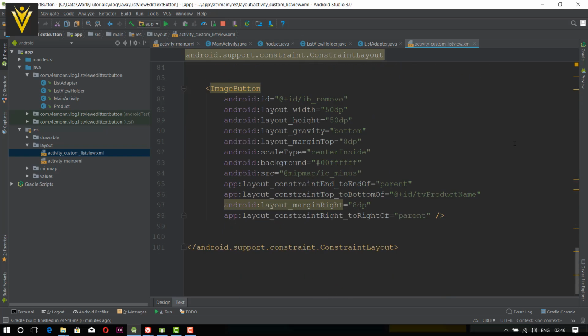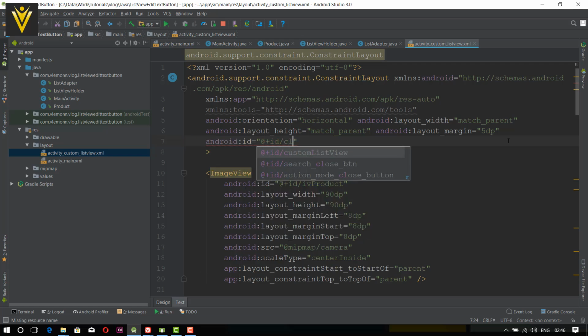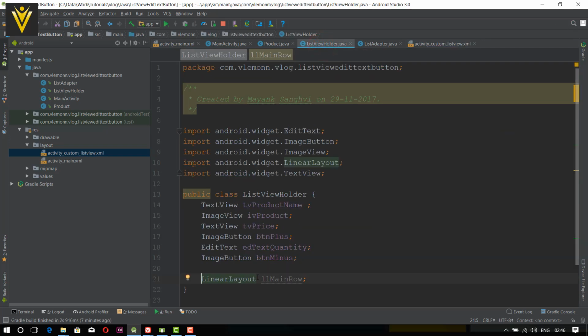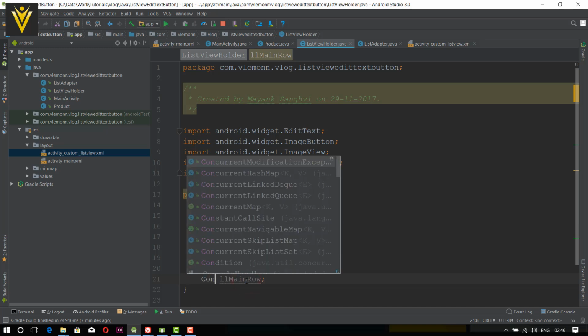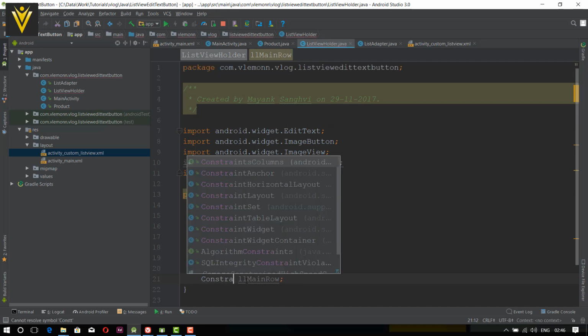Sorry for that. So let's say on click of this, you need to open your product detail page. Then you are going to create an ID, and let's say it's constraint layout main. I'm going to copy this, and we need to modify our list view holder. We are using a constraint layout, we are not using a linear layout here. Oh, sorry, constraint